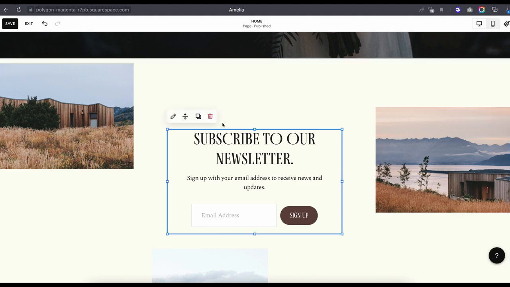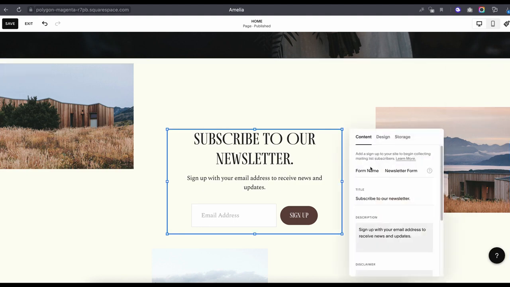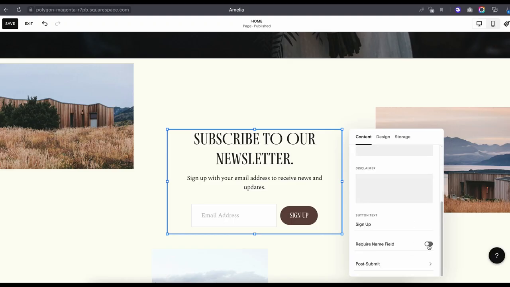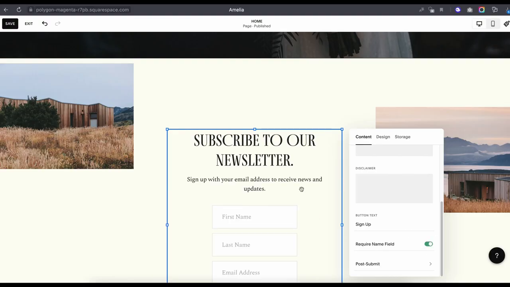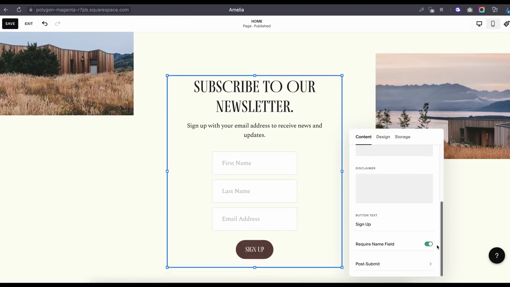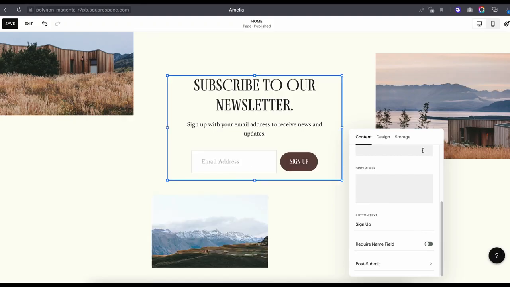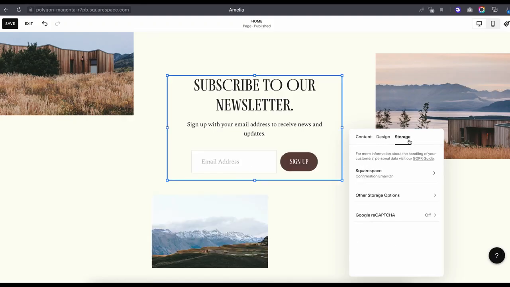So click on the form, edit. You can see title and description. You can turn on name field if you want to. In the storage tab, you can choose Squarespace storage or connect MailChimp or Google Drive. When your subscription forms are ready, you can go to